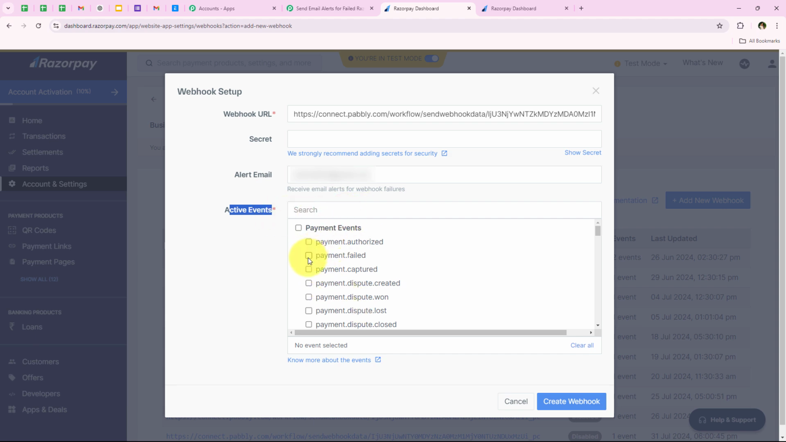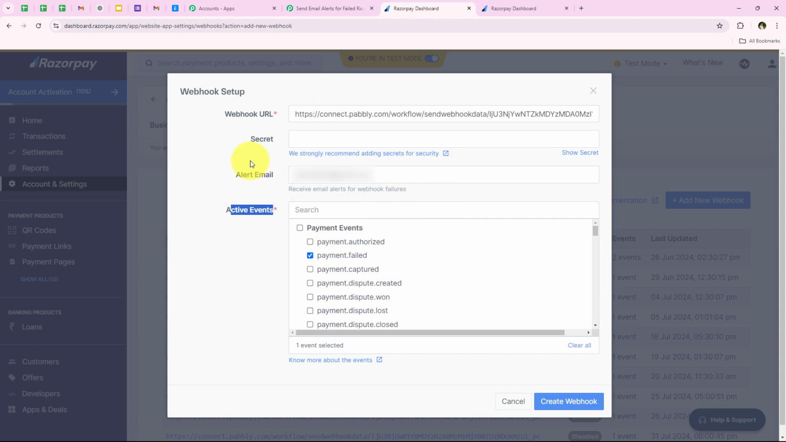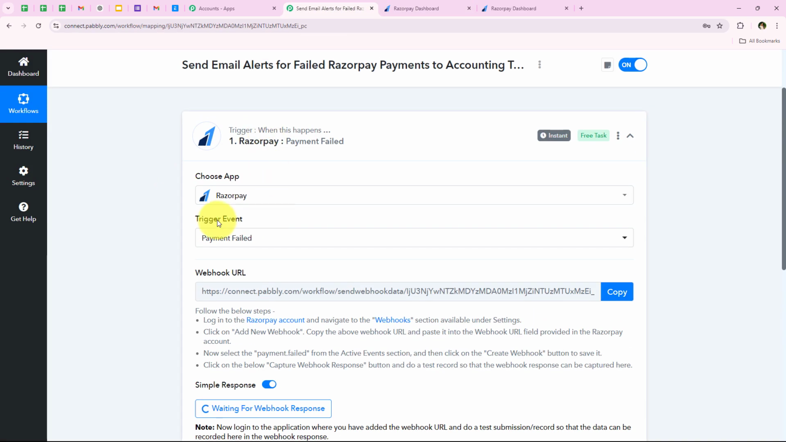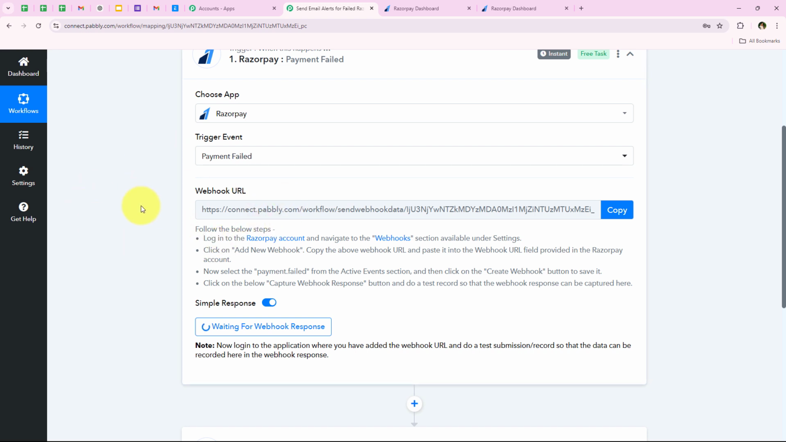So over here, I'm going to select the event as payment failed because this is the same event which I selected in my workflow too as my trigger event. And after entering both of these details, I'm going to click on this button which says create webhook, and as soon as we click on create webhook, yes, you can see webhook saved successfully. So this also means that we have successfully connected our Razorpay account with our Pabbly's workflow by attaching this webhook